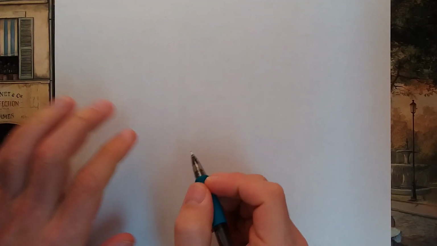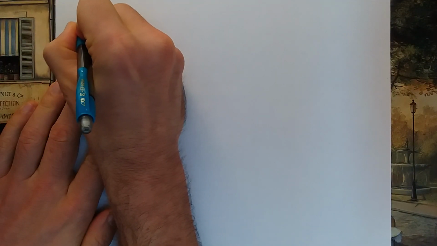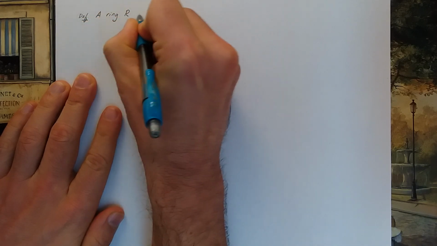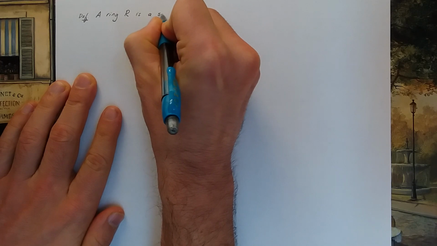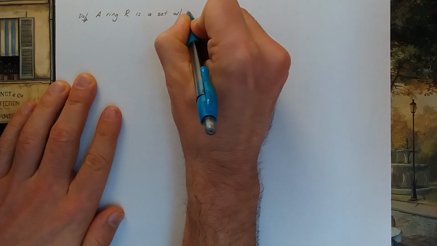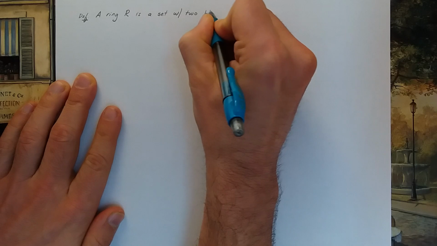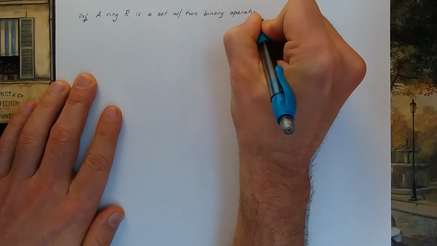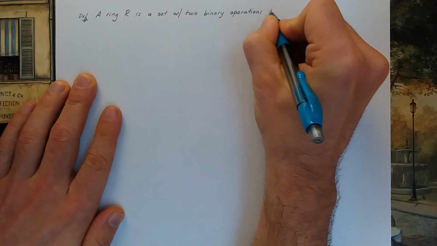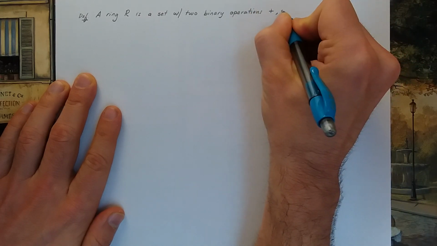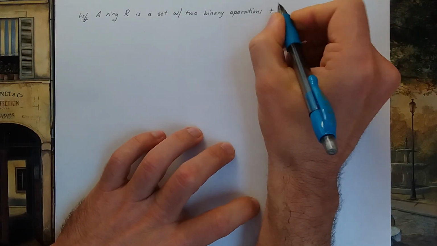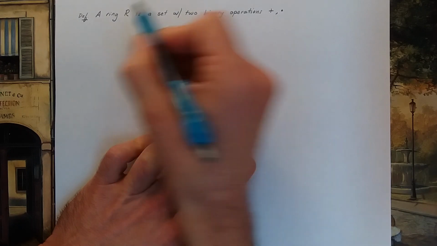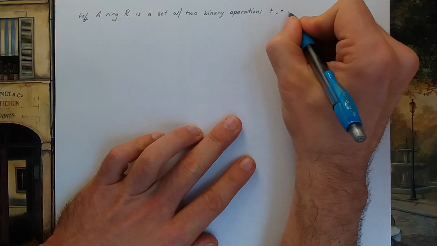All right, time for a brand new topic, rings. So here's the definition of a ring. A ring, R, is a set with two binary operations. We usually denote the binary operations as plus and times, but they could be absolutely arbitrary binary operations that take two elements in R and give you back an element in R, such that